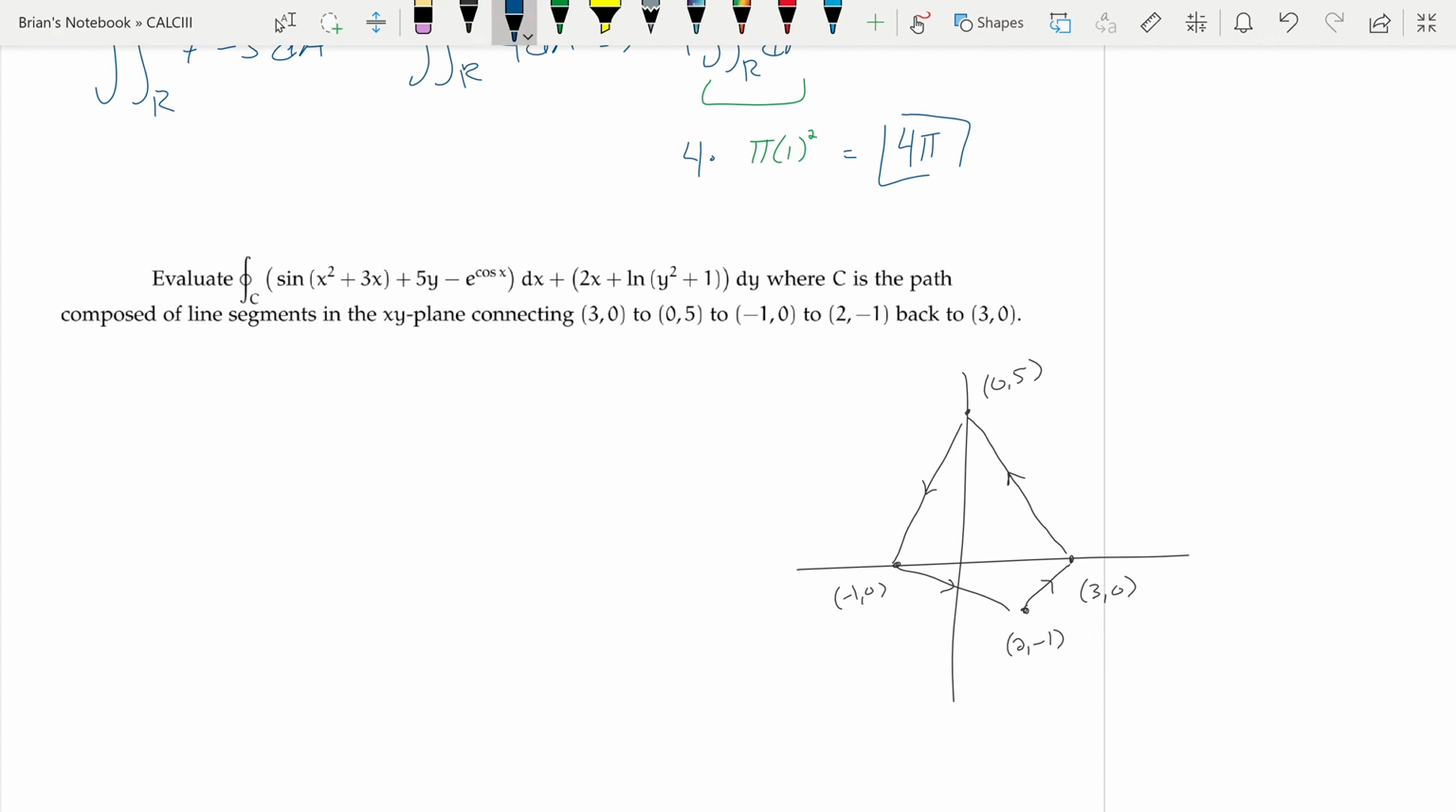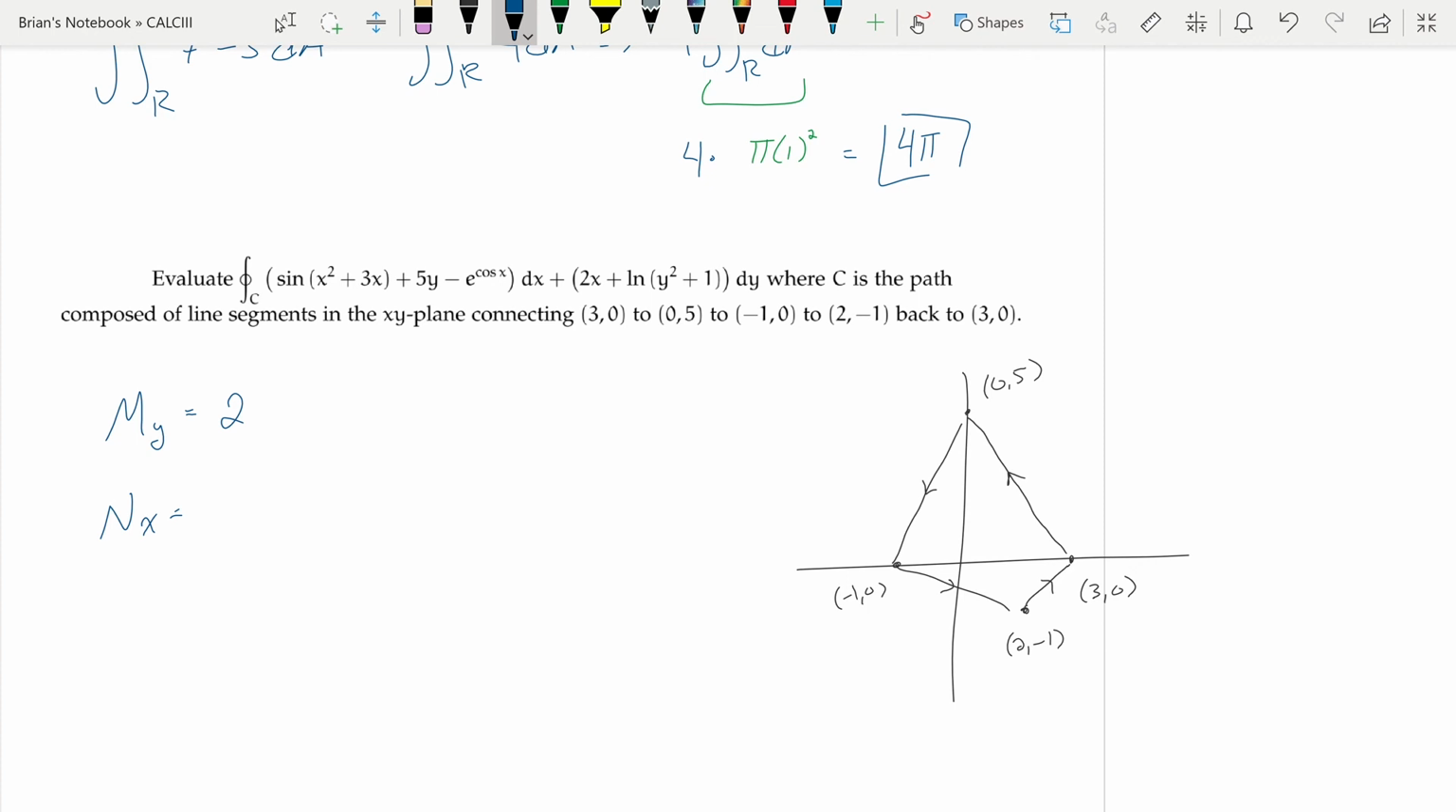All right, so let's talk about it. So we've got M y is equal to, we've got the 2x, awesome, there's going to be a 2. There's no y term in the natural log, or no x term in the natural log of y squared plus 1. So it's pretty simple. We get M y is equal to 2. Nx is equal to,